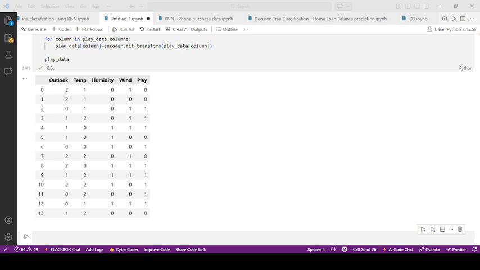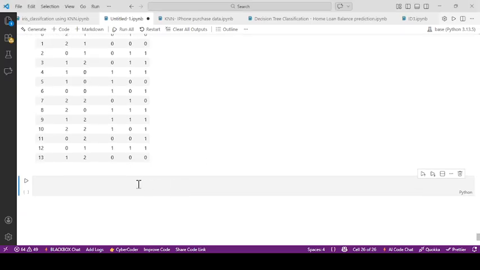So let's just move on to the next step, that is, split the features and target. Okay, so next we need to split up the entire features into